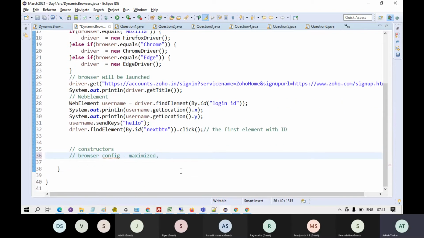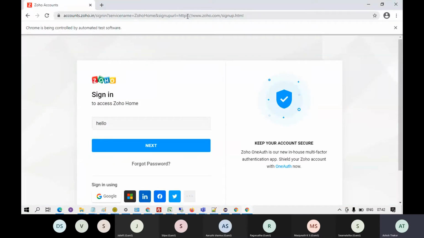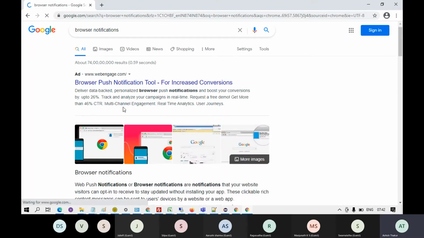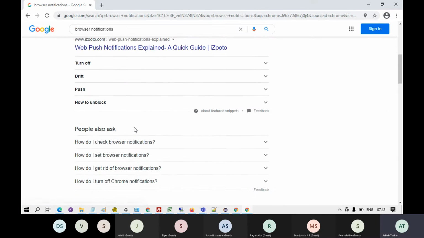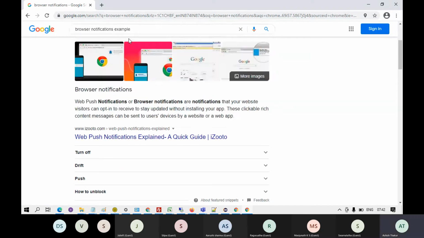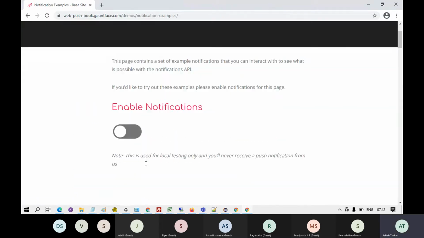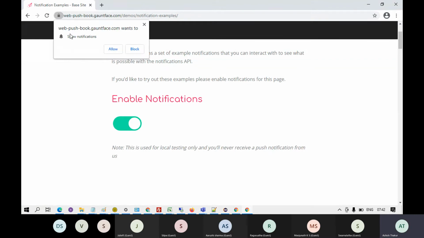Sometimes when you open a website, it presents you with a message on the top, a notification that this website wants to send you a notification, allow or block. Many of you must have seen that. It is something like that. There are push notifications. Like if it comes something like this, right?